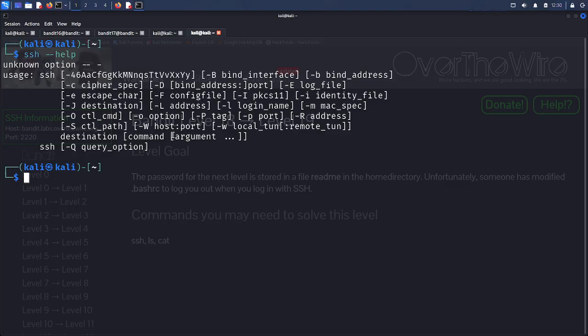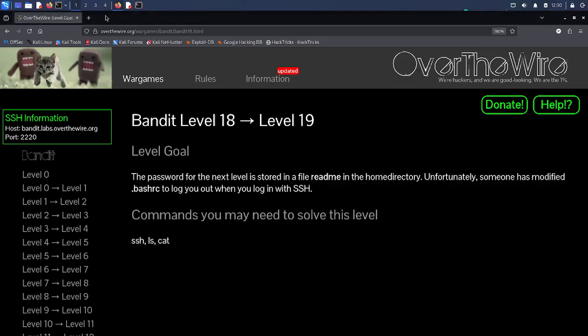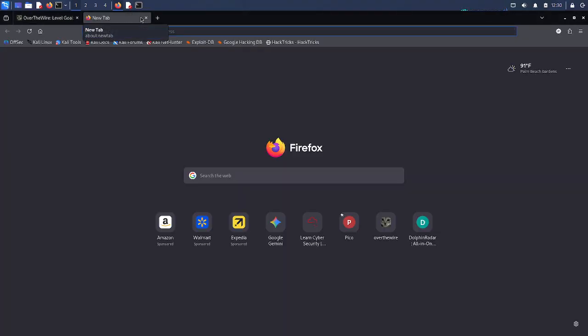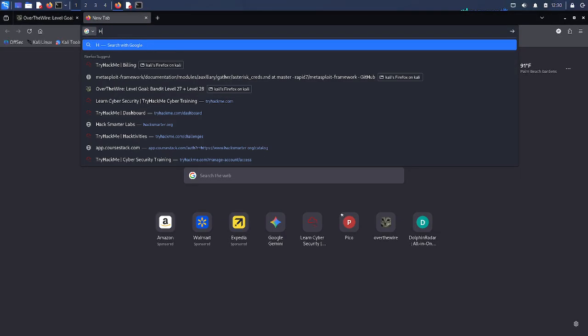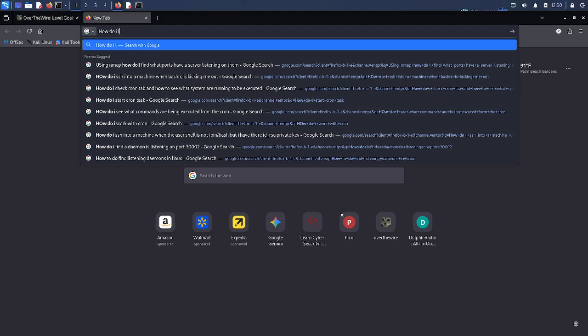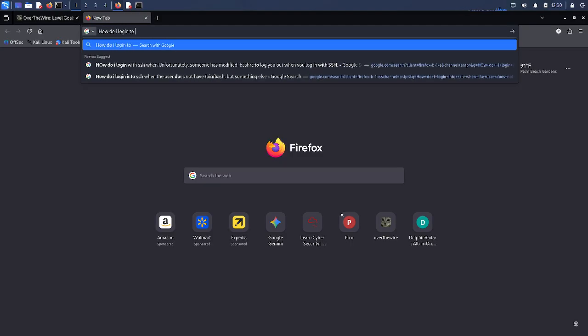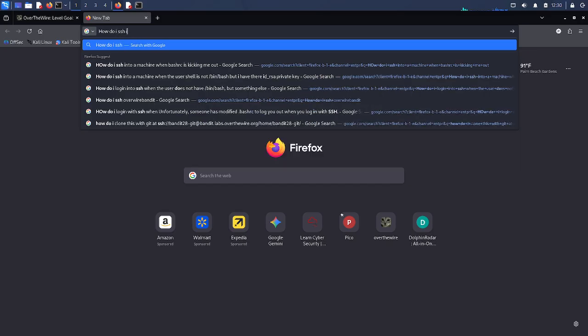Okay. Also, if you don't know it, just look up how do I not log in, how do I SSH into